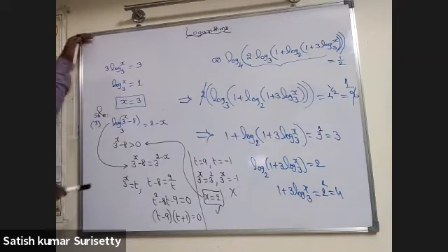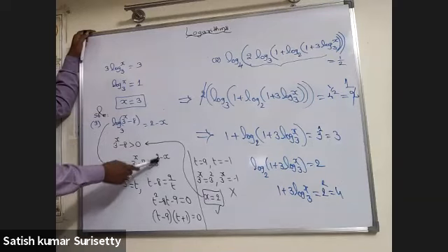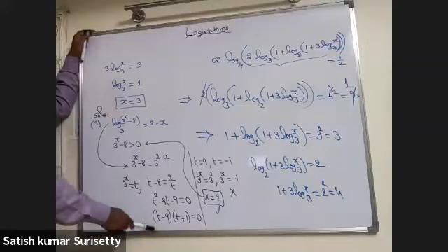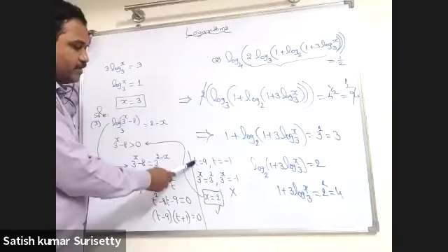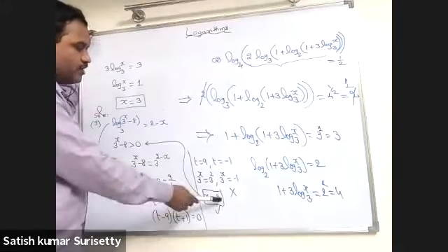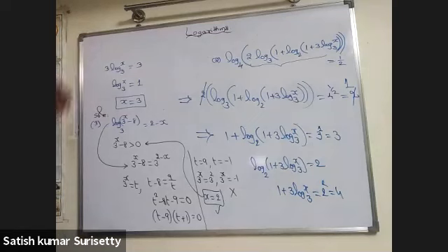So in this problem, the condition that this equation is defined is 3 to the power of x minus 8 must be greater than 0. Now convert the logarithmic equation to the exponential equation. So 3 to the power of x minus 8 equal to 3 to the power of 2 minus x. Take substitution 3 to the power of x equal to t. You will get a quadratic in t. Now you will get two values of t. So replace t with 3 to the power of x. So 3 to the power x equal to 9, that is x equal to 2, and 3 to the power x equal to minus 1. You cannot have any real solution. So the only solution is x equal to 2.